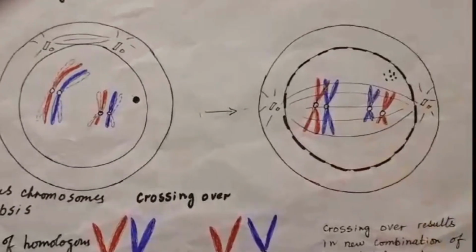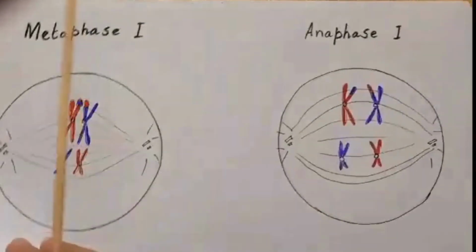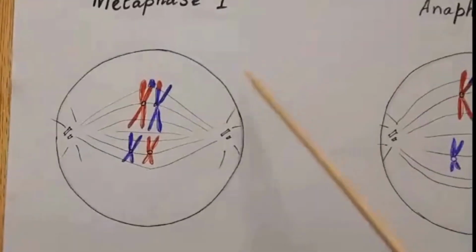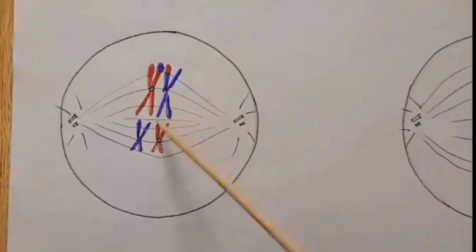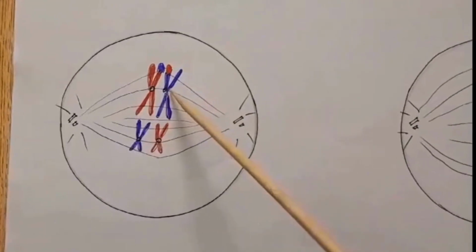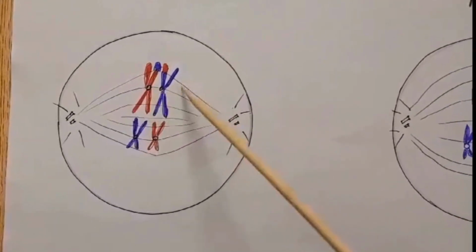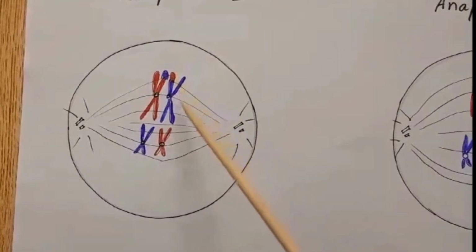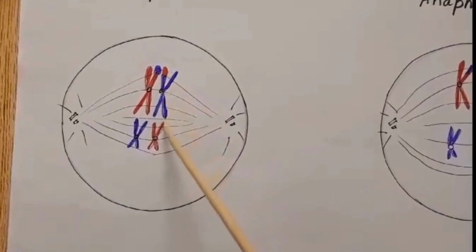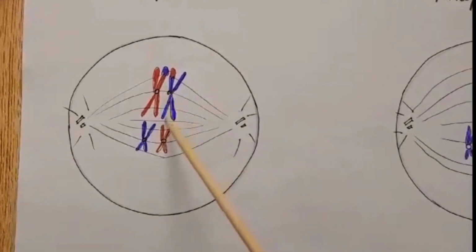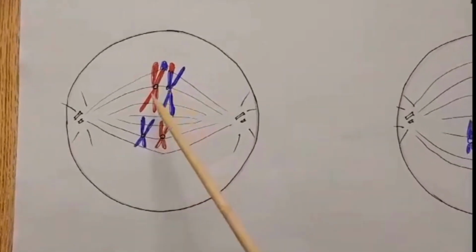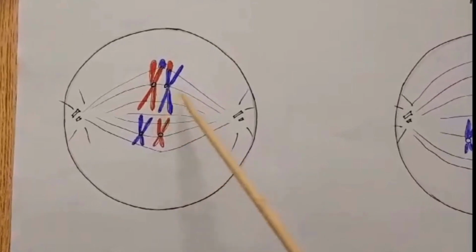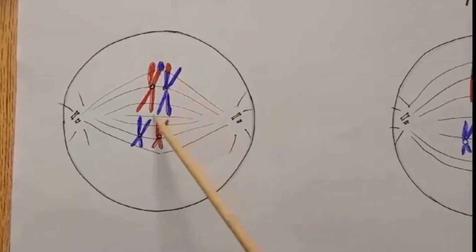of meiosis 1 starts, that is called metaphase 1. In the metaphase 1, the homologous chromosomes pair up on the equator of the spindle, that is the middle part of the spindle. The homologous chromosomes pair up, and